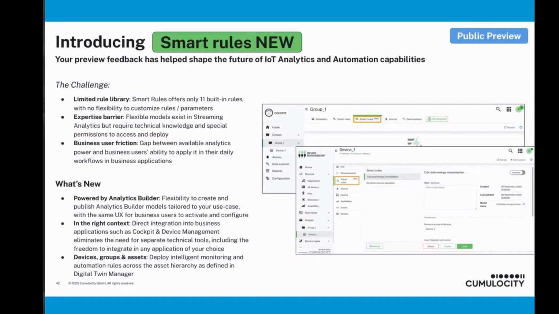I'm really excited to be able to now present and introduce you to the new smart rules. So I guess smart rules is nothing very new to you. Smart rules have existed for quite a while. And they bring, for example, the benefit of being easily accessible, for example, in the cockpit, where we have a